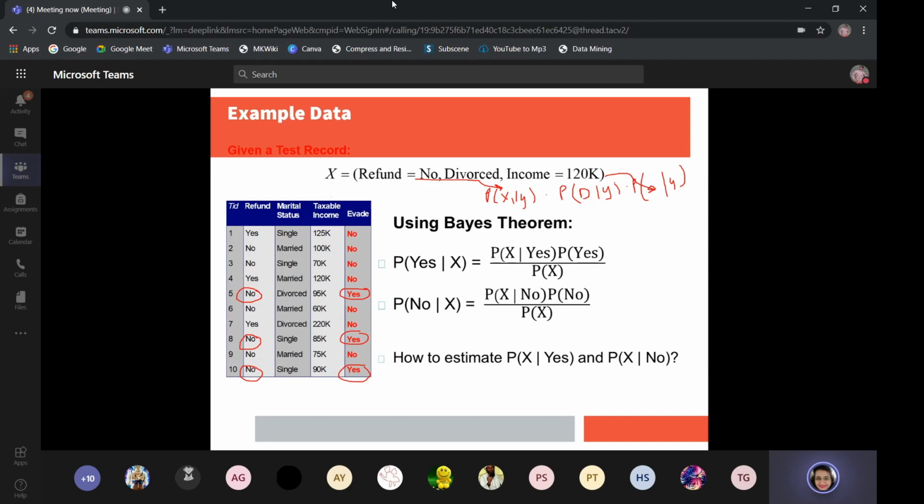have refund values no, that you have to compute, multiplied by wherever marital status, the class is y and marital status is divorced, multiplied by that probability. Then multiplied wherever the class is y, multiply it with wherever the income is 120K, so probably this one. So you have to compute this probability and you have to see Px1 x2 xn, मतलब Px1 x2 xn ये कांस्टेंट ही रहेगा तो इसको हम इग्नोर कर देंगे.